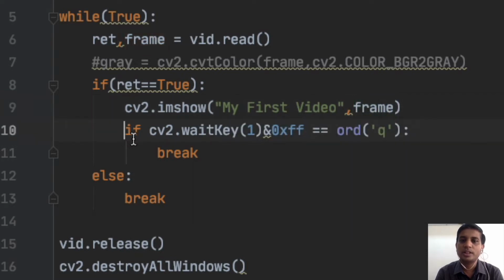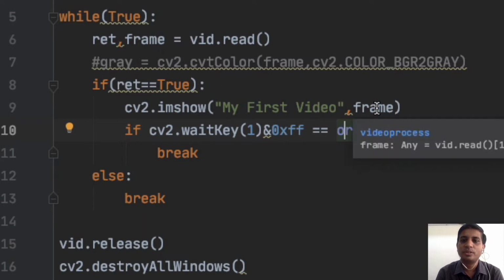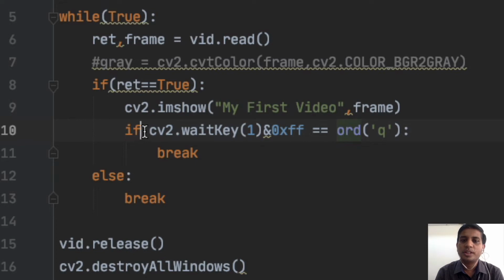Then in the next line, I am checking whether the user has pressed Q or not. If the user is not pressing Q, then the next frame will be read and shown in the same window. The function cv2.waitKey captures keyboard entries.